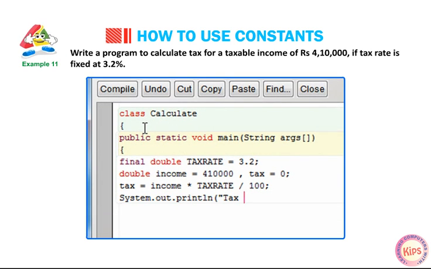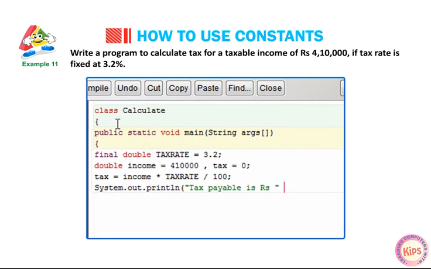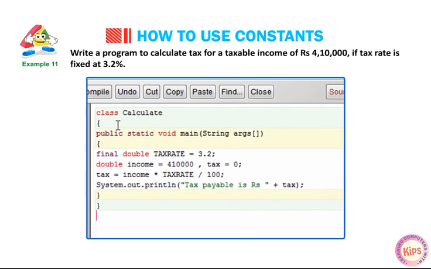System.out.println("tax payable is rupees " + tax); } }